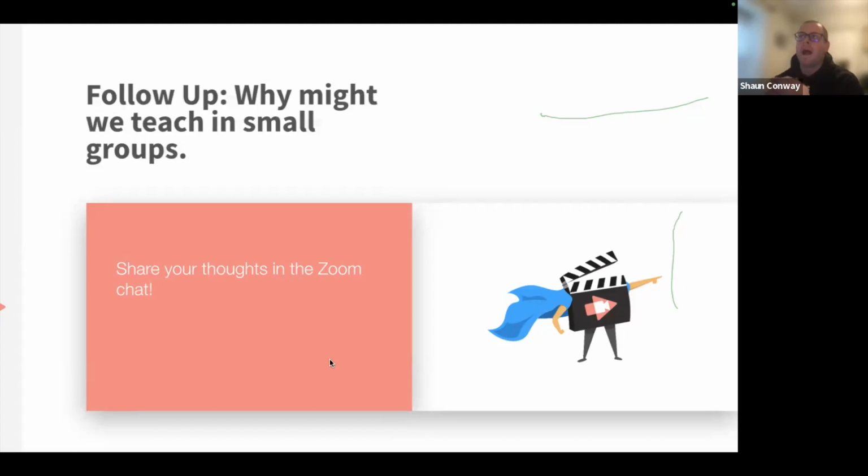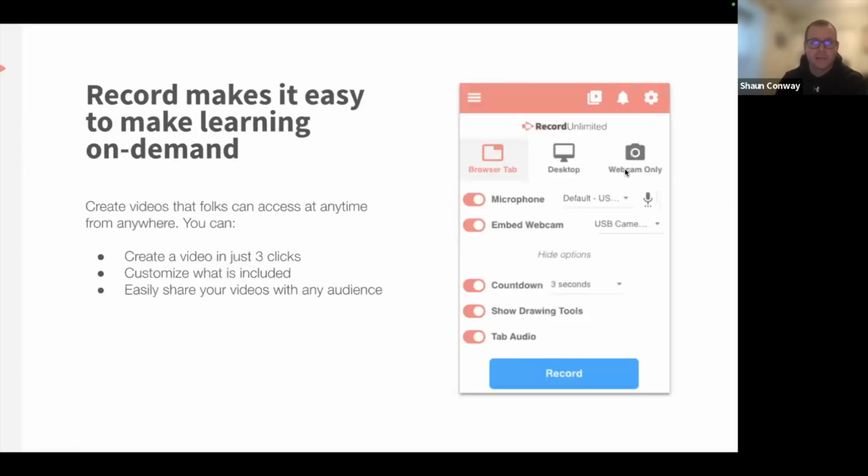And then the second is why we teach in small groups. And as we all know, there are certain leveled components to how we teach our classes, that certain groups, you want them to be in the same group because they are academically at a similar level. Other times you want there to be a variance between who is in a group, but there's a lot of ways and time and thought that you all put into that. So we're going to try to talk through some of the examples and ways in which you not only level groups, but at the same time, how we can use video to support the teaching and learning that happens within your classrooms. So that brings us to Screencastify. Screencastify has three primary components: record, edit, and submit.